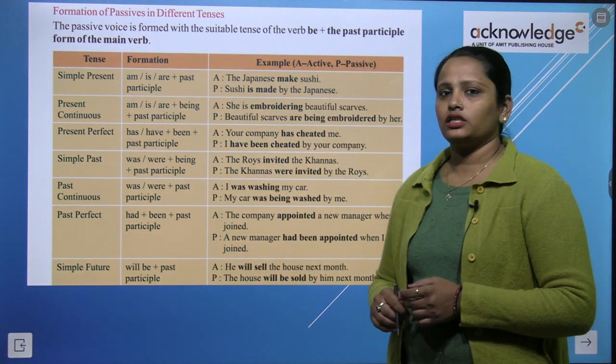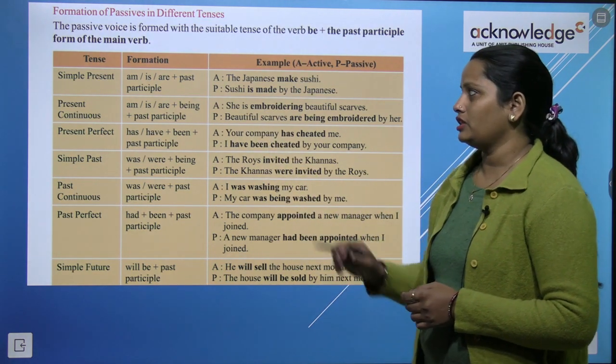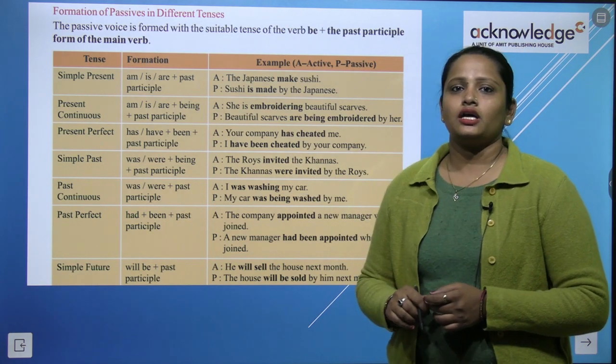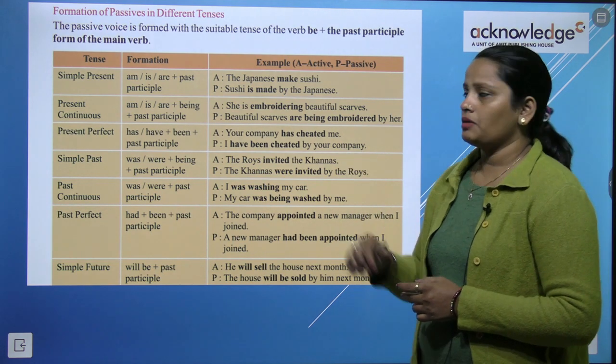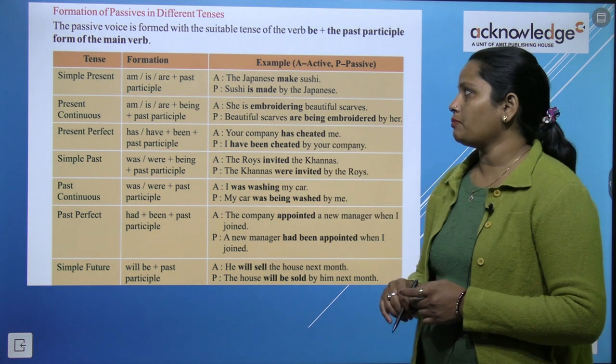Now let's learn the rules. So here in the first column you can see tenses are given. Now the formation and example. So first is simple present. So in the simple present tense, am, is, are is used with the past participle form, and the example is